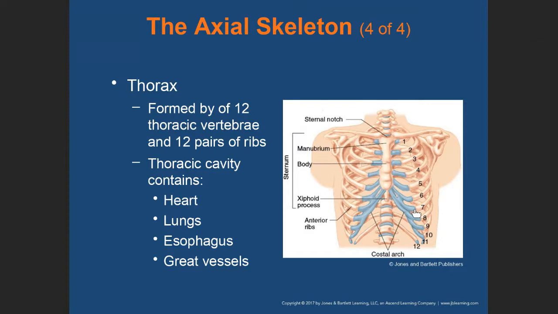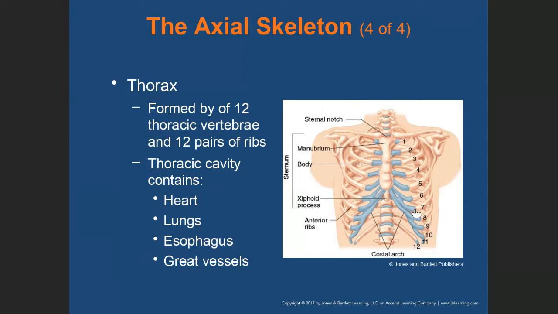Why is this information important? Why is Mr. Rufus giving all of this information? This is too much. It is important to know this because if 1 to 7 is attached directly to the sternum, it means that if a fracture occurs in that area, significant force has been applied, right? Because it's directly attached to the sternum.